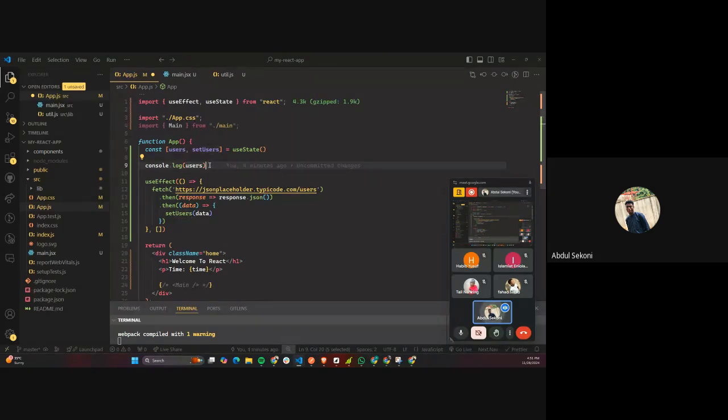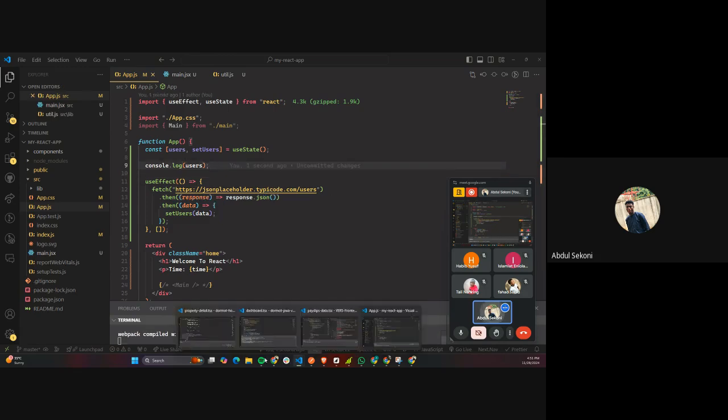So you know that your console log is going to call when your component gets mounted or when your page loads. And useEffect is also going to call when your page loads or when your component is mounted. So when I save this now and I go back to the browser,